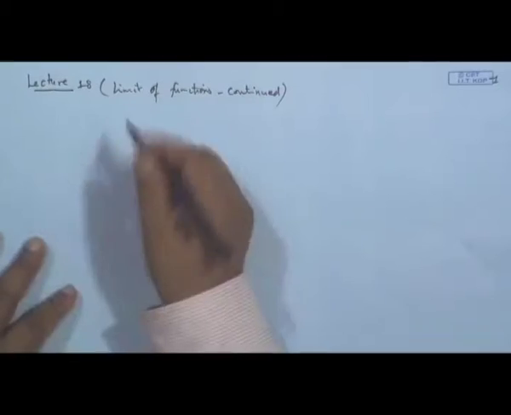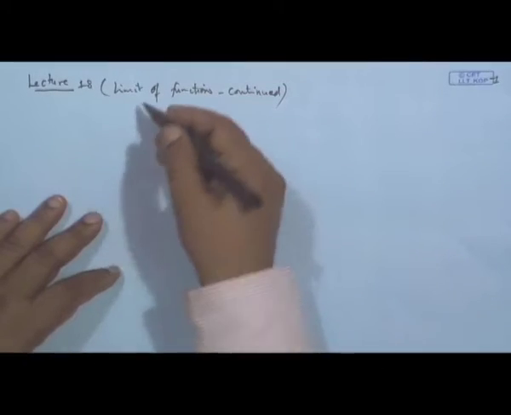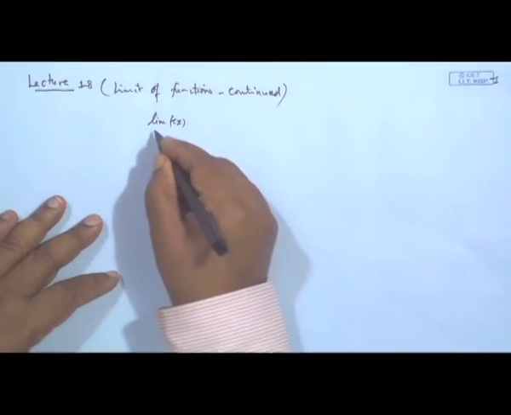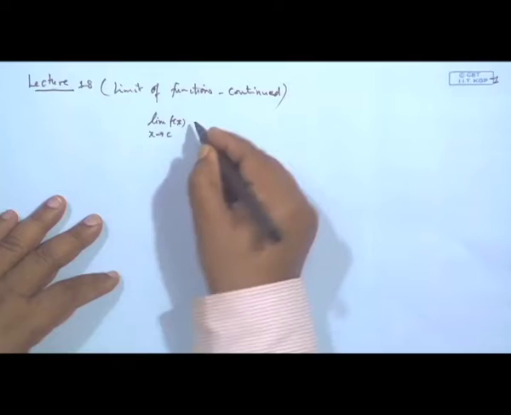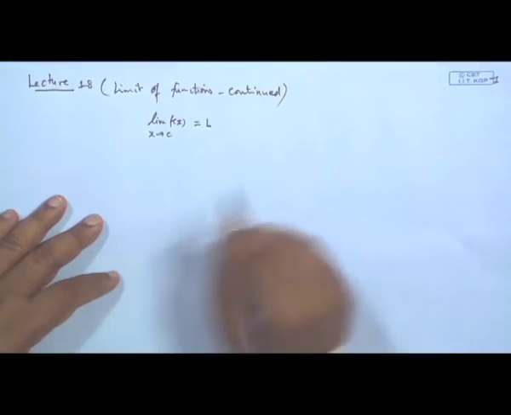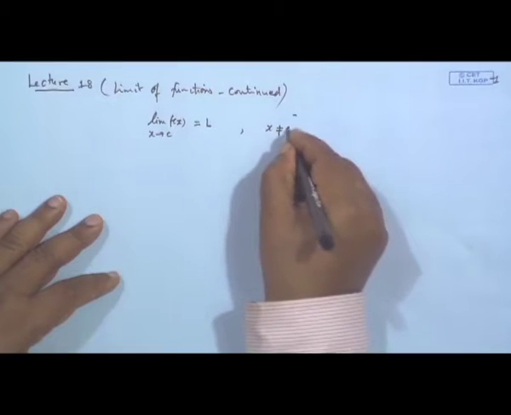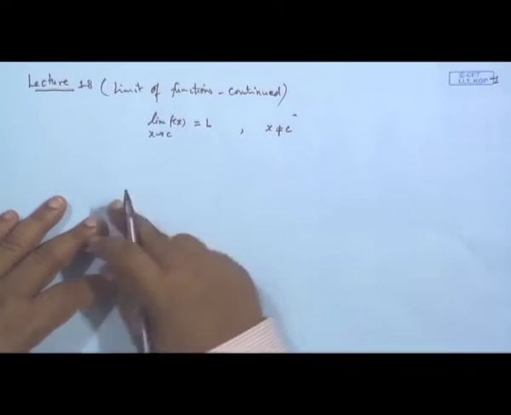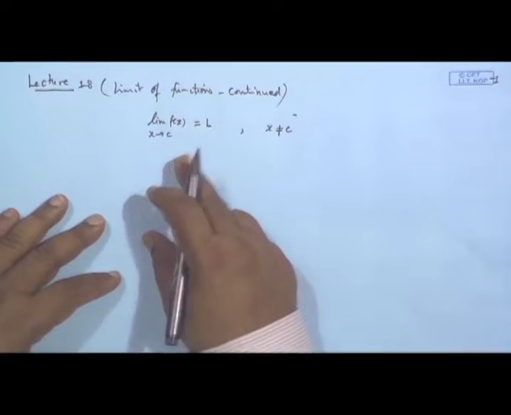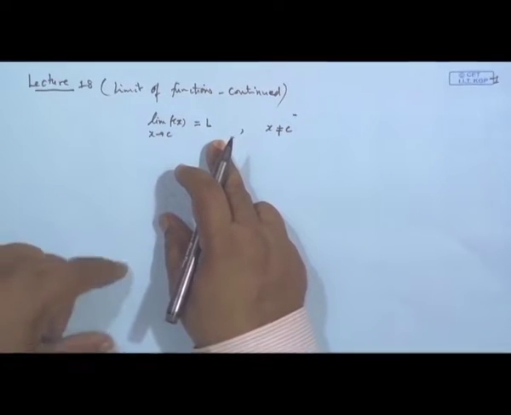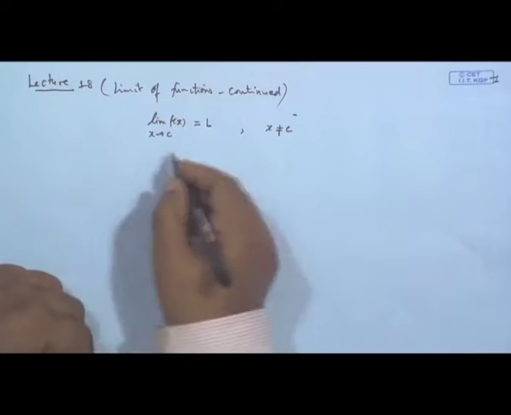Okay. So, we were discussing the limit of functions, and the way we have defined it is we say the limit of this function f(x) when x tends to c is L, where x is not equal to c, need not be equal to c. The meaning of this is that for every given epsilon greater than 0,